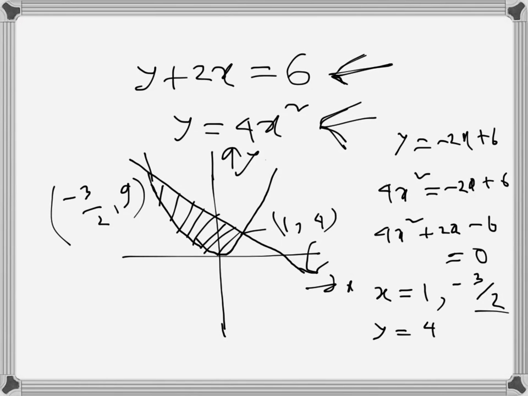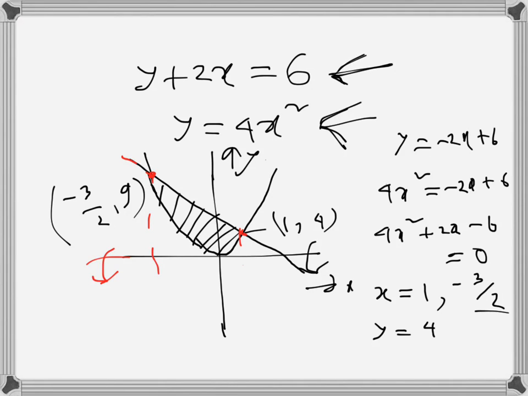So what I will do in this case, I will use the disk method. First I will consider the straight line, and if from this point to this point the straight line is revolved around the x-axis, what's the volume generated? If I call that V1, and then I consider the parabola revolved around the x-axis, which will be this volume,